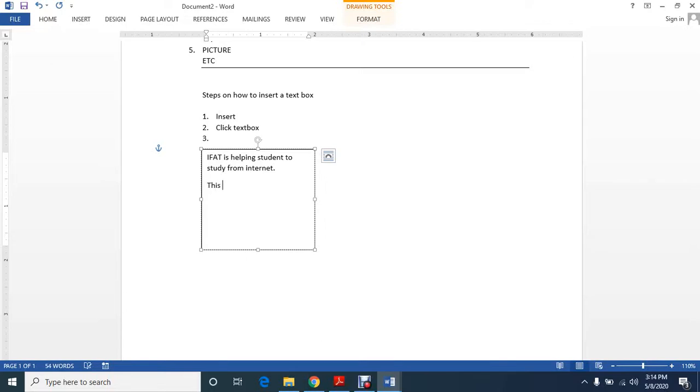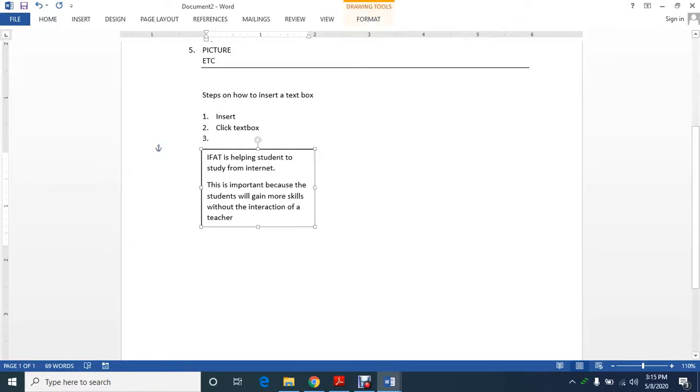Yes, this is important because the learners, the students, will gain more skills without the interaction of a teacher. Yes, this is a text box which is created.